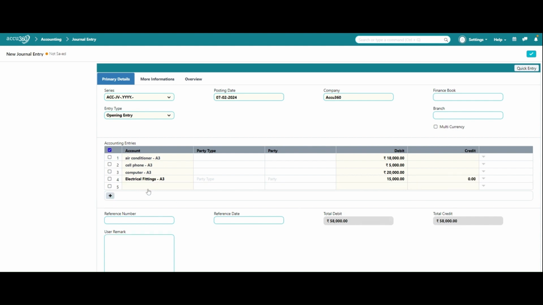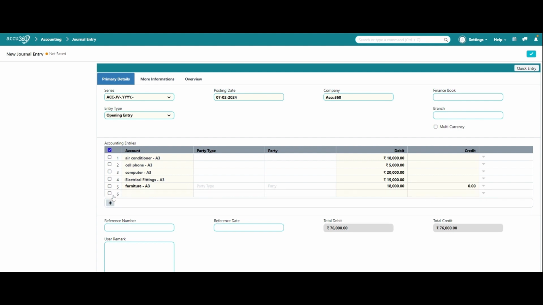Then we will add furniture, which has a balance of 18,000. Then we will add office equipment, which already has a ledger. So office equipment 12,000,